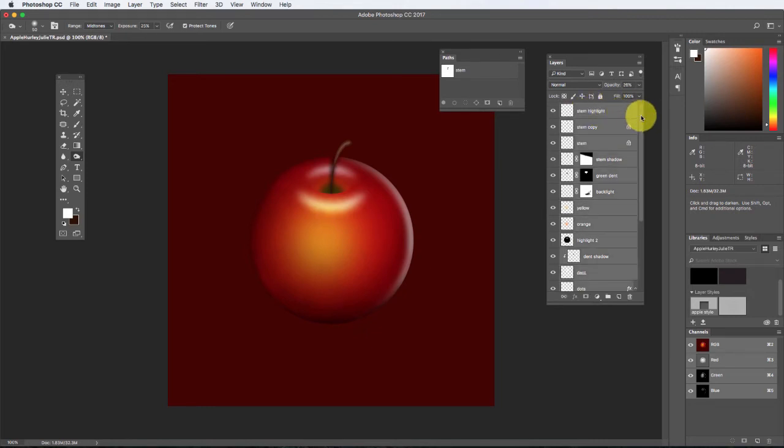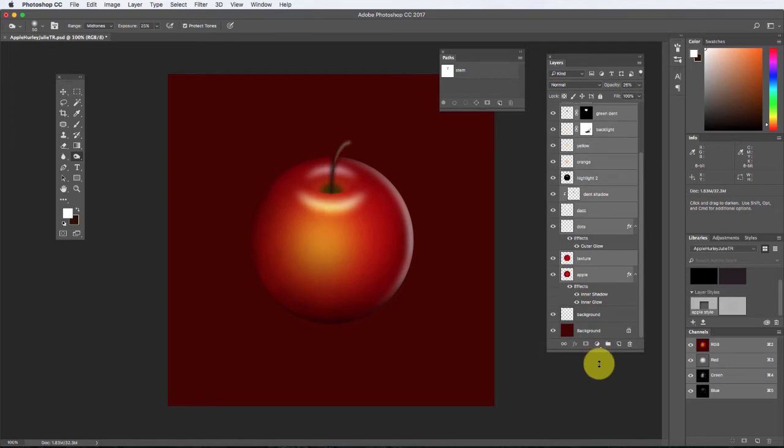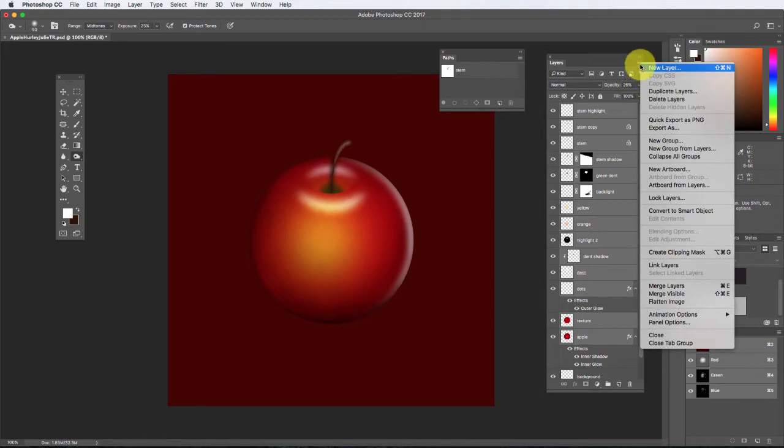So now all those layers are activated. The only thing that's not activated are your two background layers. You do not want those selected for this. And what we're going to do is go to the upper right hand corner and click on this,